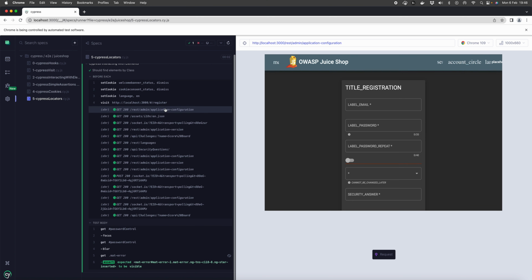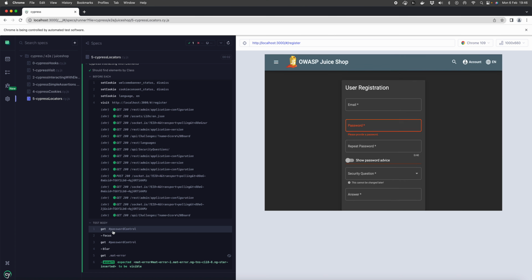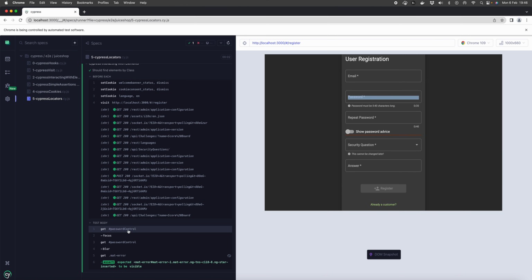So we've done that, we've run the test, and you can see now that it's got this element using an ID. It's focused it. You can select on this row to pin this row here, and then you can see the snapshot. So we've got the green border indicating it's been triggered. We do the blur command, and now you can see it's gone red, and we have that mat error class.